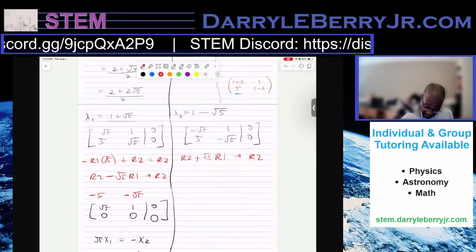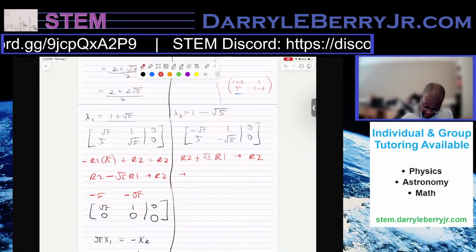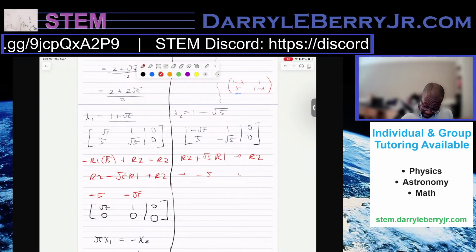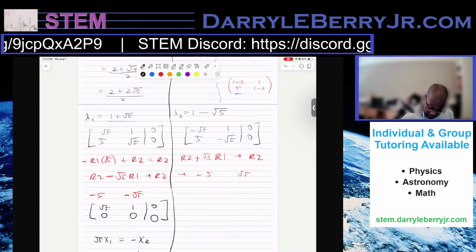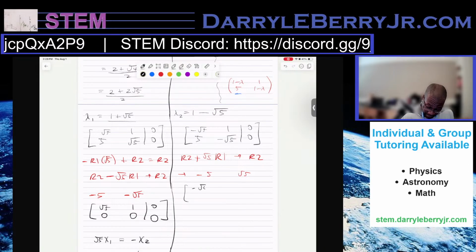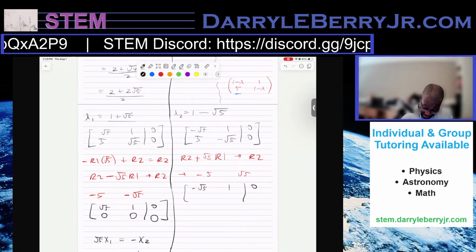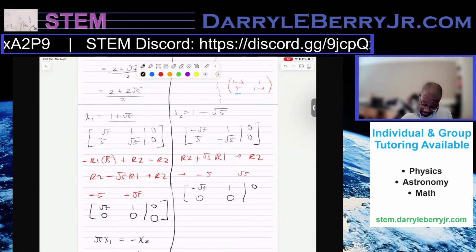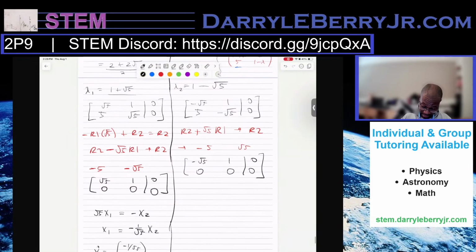So we have row 1 times square root of 5. That's going to be negative 5 times square root of 5. That'll be square root of 5. We're going to add that to row 2. So this is still going to be negative square root of 5, 1, 0. And when I add negative 5 to that, that's 0. That's square root of 5 to that, 0, and 0. So that gives us what we were supposed to be looking for as well. So now we have